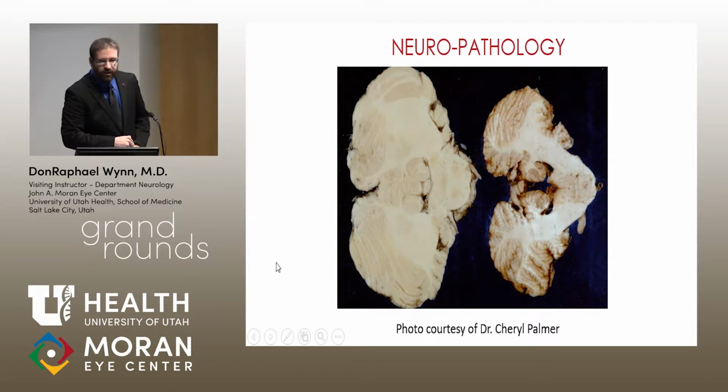This just kind of reiterates that point. So this is an axial cut of the pons and the cerebellum, cerebellar vermis right here, middle cerebellar peduncles, and it's just atrophied down in this patient with SCA 7 over here, this being a normal control. And then the pathology,